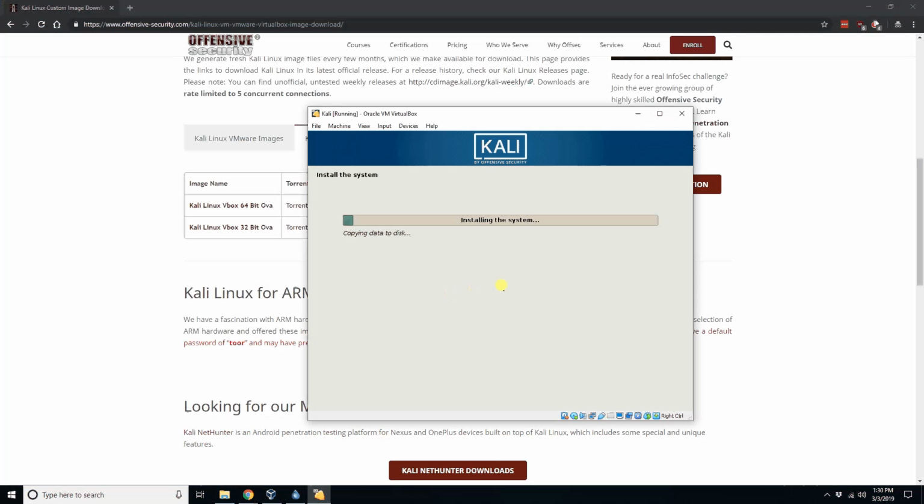And this way, if something goes really wrong, I can very easily just wipe the Kali installation and start over. Or I can revert back to a snapshot. Because this can take a minute, I'm going to